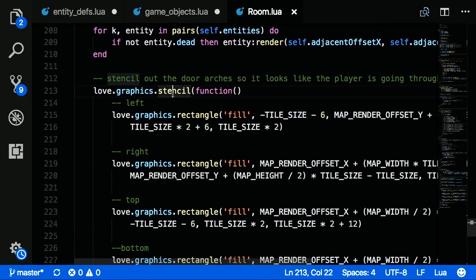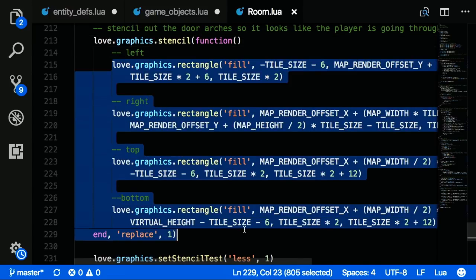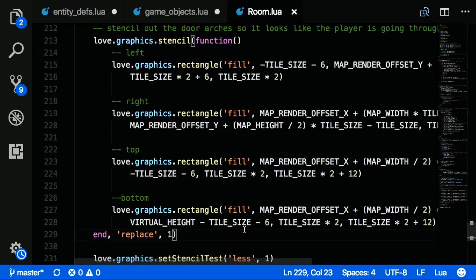So this stencil function, love.graphics.stencil, takes in a function. This is what's going to run during the actual stenciling process. I draw 4 rectangles. All those rectangles are just those archways, right? Perfectly layered over them such that it goes into the next room. And then